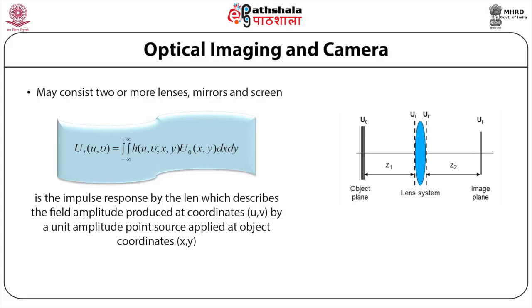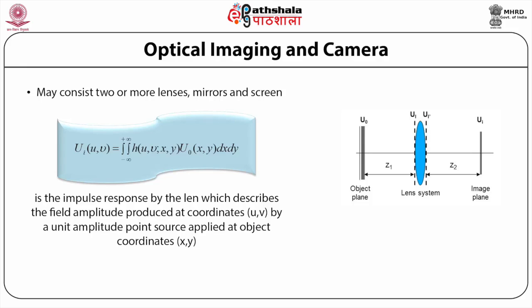So a lens is nothing but an optical device that creates a Fourier transform of the object placed in the object plane onto a corresponding image in the image plane, and the Fourier transform created by the lens